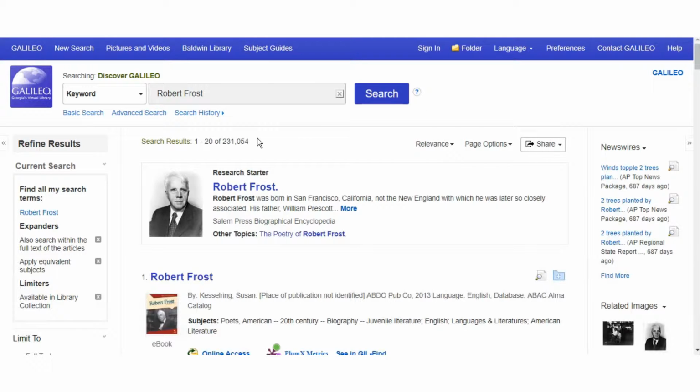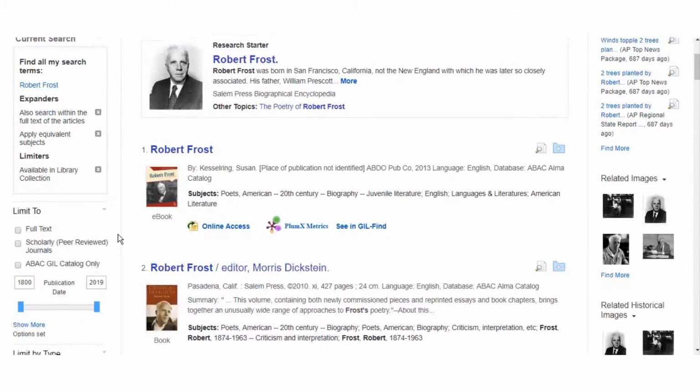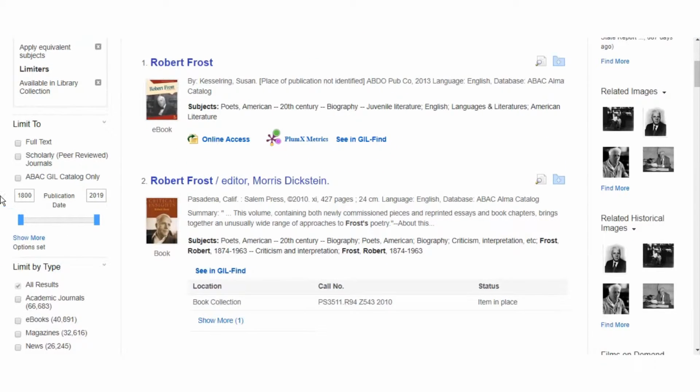So instead of just looking through all of our results here, I'm going to start by adding a few limits. Now, limits allow you to just narrow down what's showing up in your search results. So, for example, I could say I only want to see results that are full text, which means anything that I can actually access the full text of the article in Galileo. There are some articles we might have that we don't have everything available online, and I'm going to show you a little later how you can actually get your hands on those. But for now, we'll just use this full text limit,